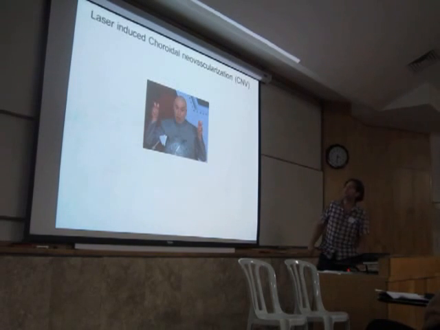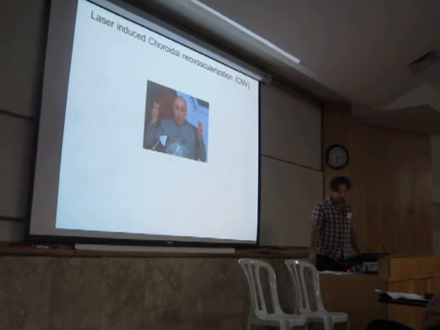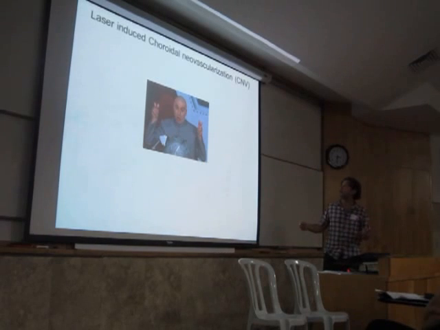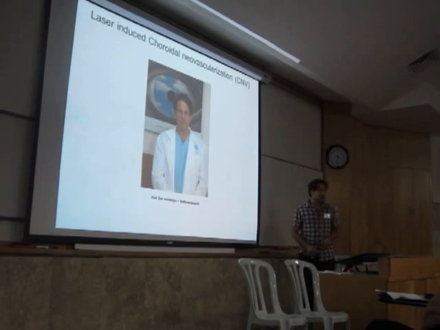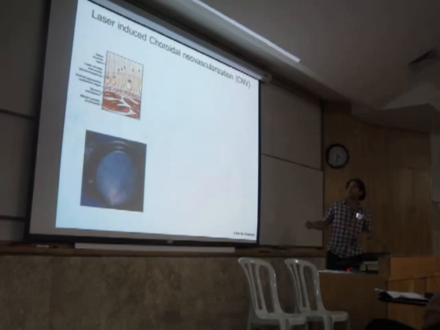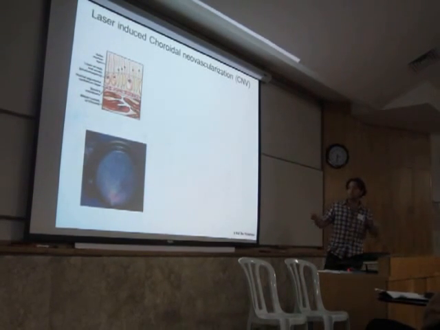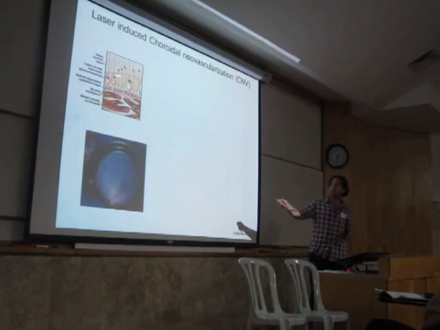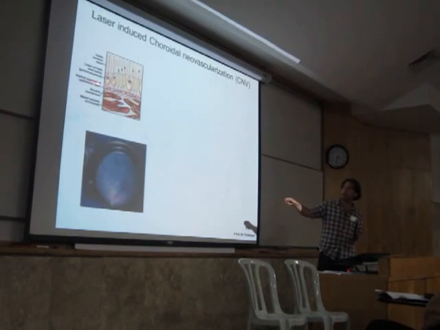In order to do so, we used a method or a model called the laser-induced choroidal neovascularization, which is a very well-established model to induce choroidal neovascularization. Our very own Dr. Evil, Professor Dov Weinberger from Beilinson, physically performed the laser hits. What he did, we took the young naive mice, we anesthetized them, of course. This is the retina, okay, illustration of the back of the retina. These are the photoreceptors. This is the choroid that lies on the back, and the retinal pigmented epithelium that lies beneath those